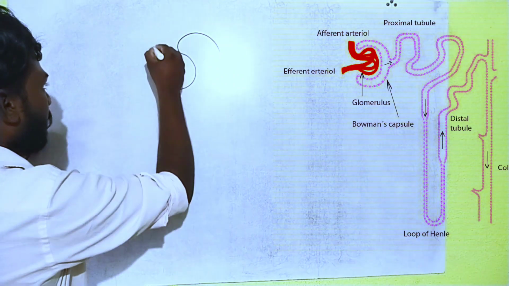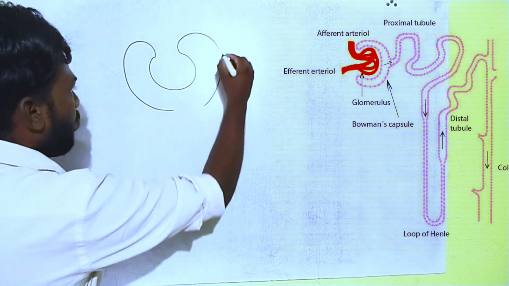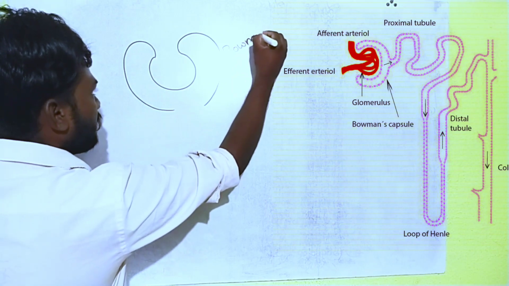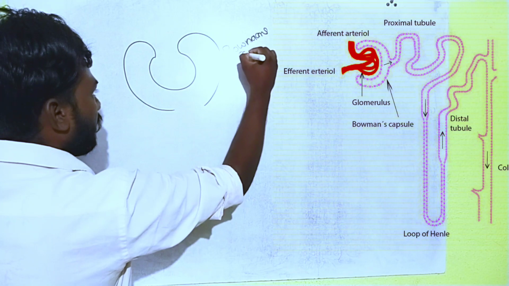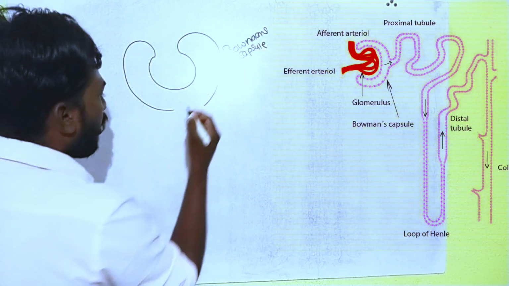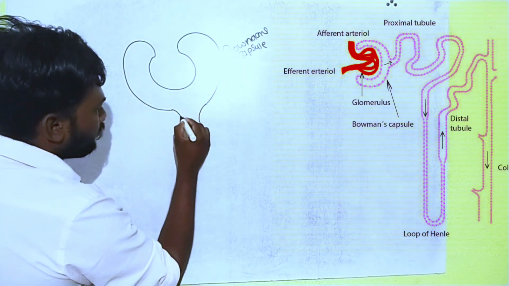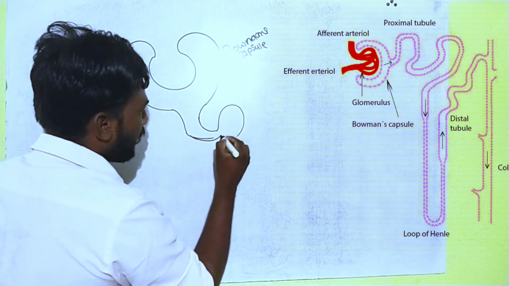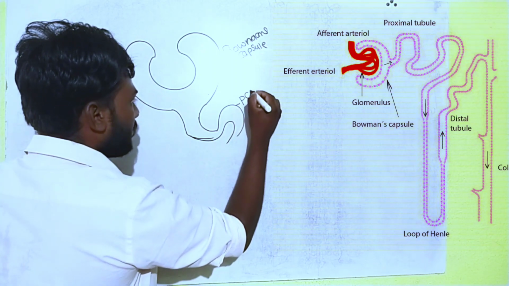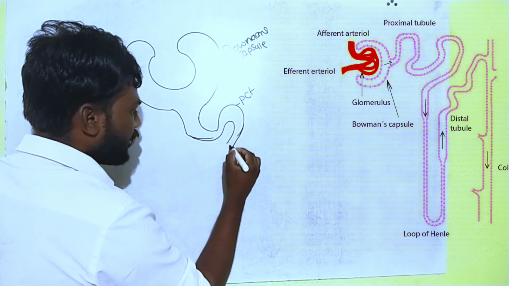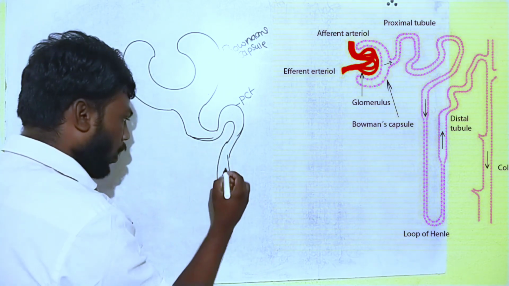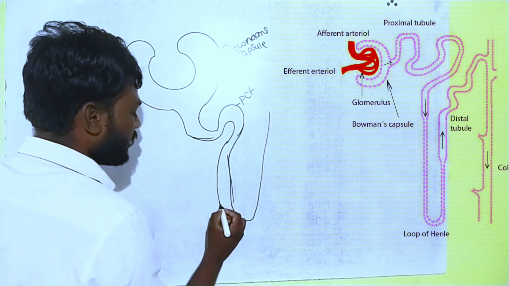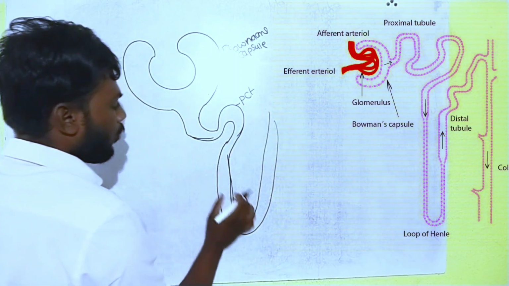All of you know this is a cup-like shape. This is called Bowman's capsule. And this Bowman's capsule is continued downward into a depression or a coil; this coil part we call the PCT. The PCT continues descending, meaning downward, and again a depression, then upwards, meaning ascending. One is descending, one is ascending.